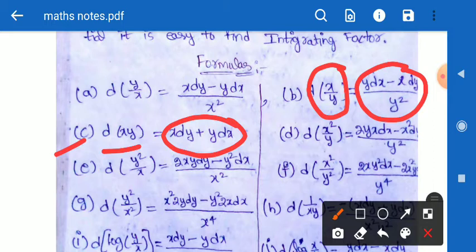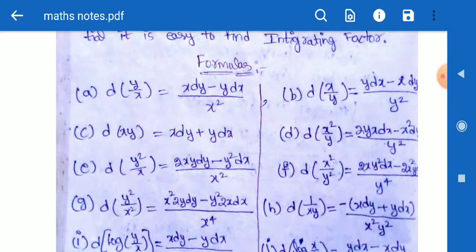By the definition we have d of x comma y, and d of x comma y is equal to x dy plus y dx. This is converted into this form. Now taking d of x comma y, integrating both sides, differentiation and integration cancel, and we get the general solution.